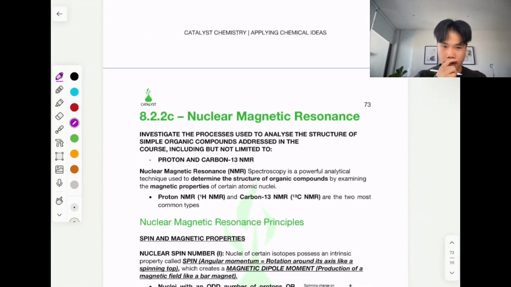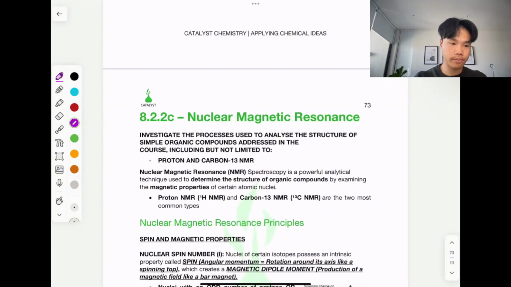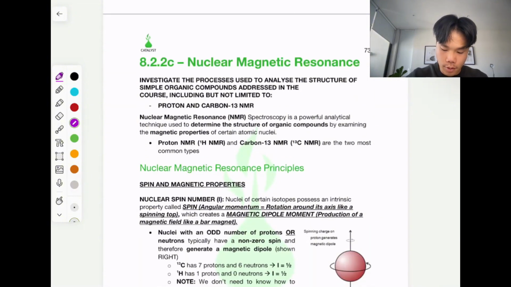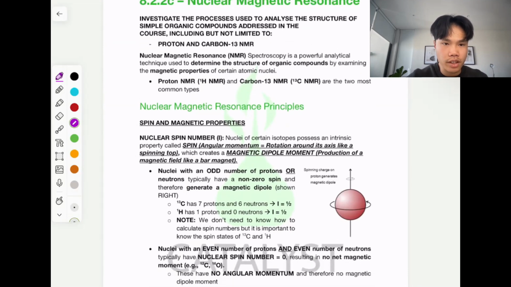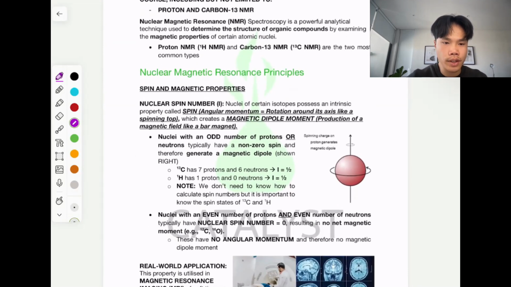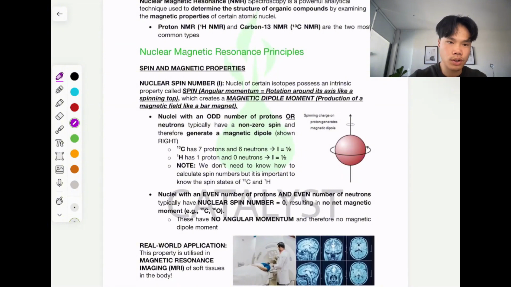Okay, any questions on mass spec? All right. NMR, proton NMR, carbon NMR. Be able to talk about how the NMR spectra actually forms. So you need to know that